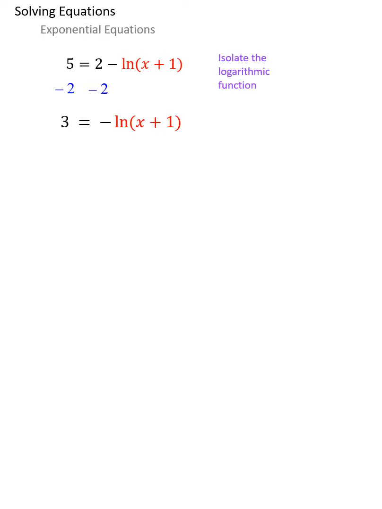But notice that doesn't completely isolate the logarithm. It still has a negative in front of it. That negative natural log of x means -1 times the natural log of x. So I'm going to multiply both sides by -1, or you could think of it as dividing both sides by -1. And that essentially brings me to this equation. Now it's worth noting here that this is not some magic trick where the negative sign flies over to the other side. This is actual algebra. I multiplied both sides of this equation by -1. And now that I've isolated the logarithm,